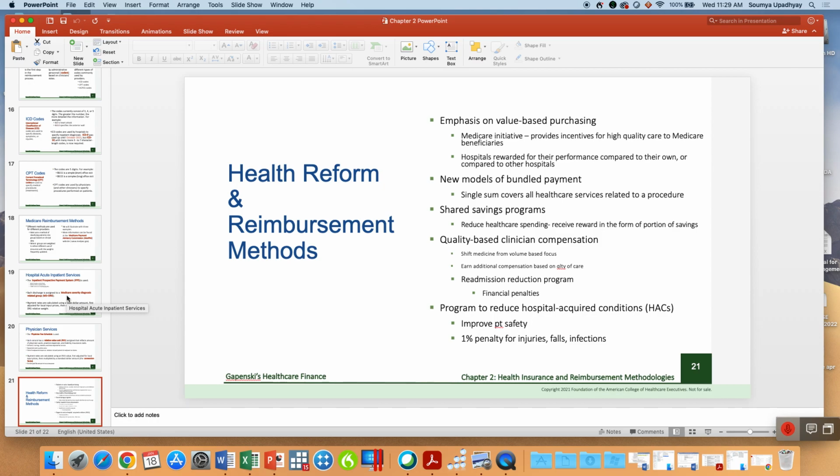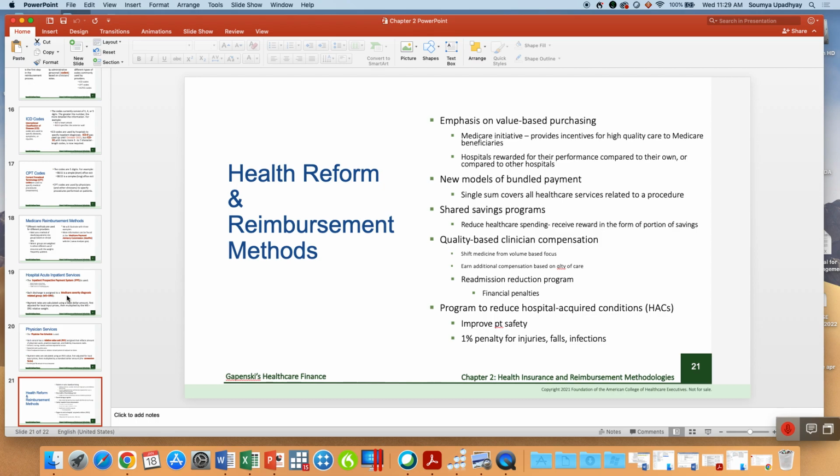So, health reform and reimbursement methods. There has been an emphasis on value-based purchasing. The Medicare initiative provides incentives for high-quality care to Medicare beneficiaries. Hospitals are rewarded for their performance compared to their own past performance or compared to other hospitals. There are new